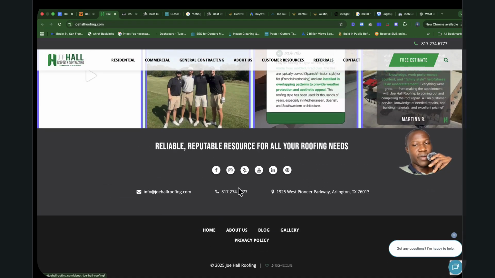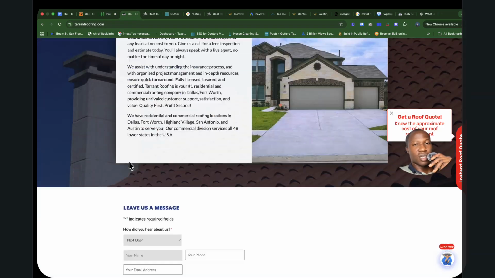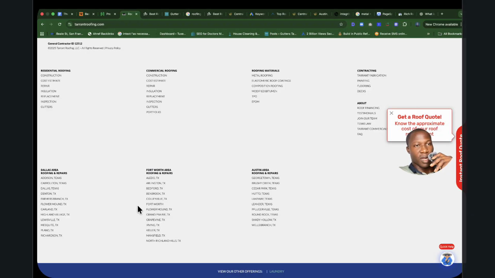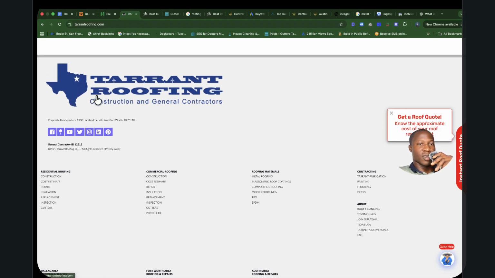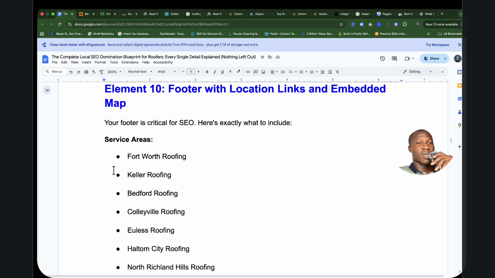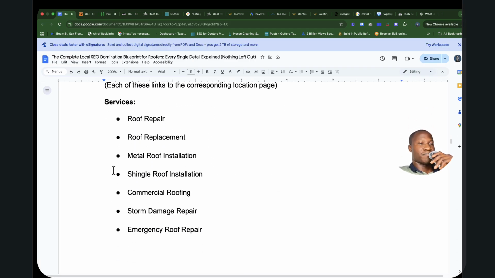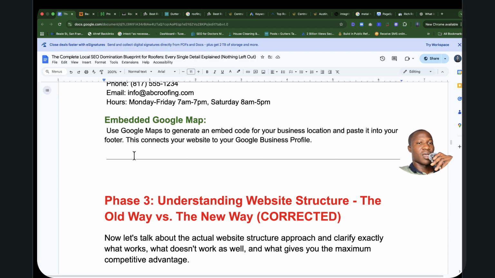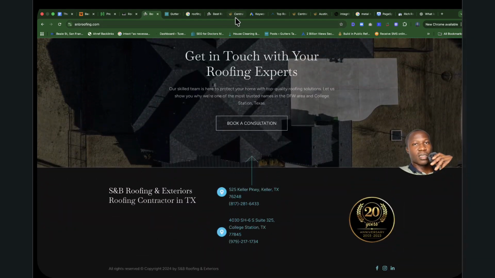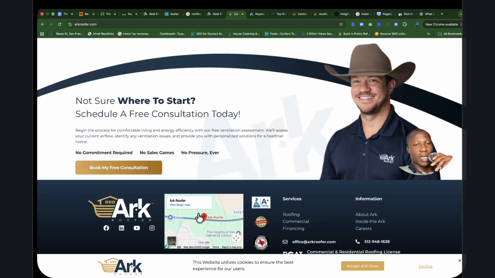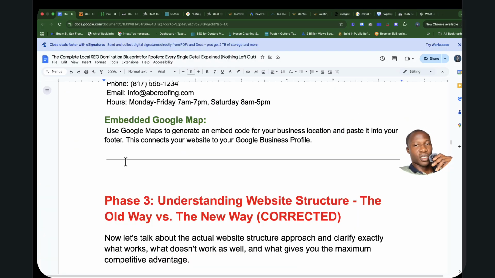Let's see. This one does not mention it. Let's see. Okay, something like this. It mentions the location itself in the footer, your address and phone number in the footer. So it's something you want to be aware of, and the services you render. Then Google embed. I think this one is. So something like this, you want to embed your Google map location right here on your page.